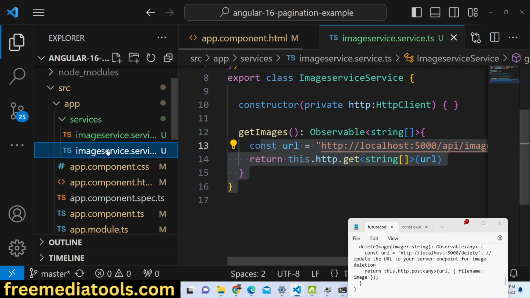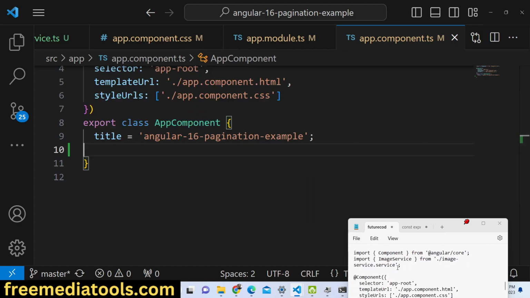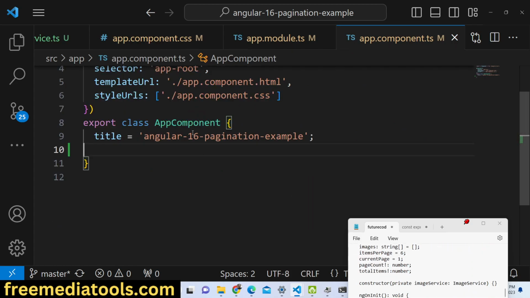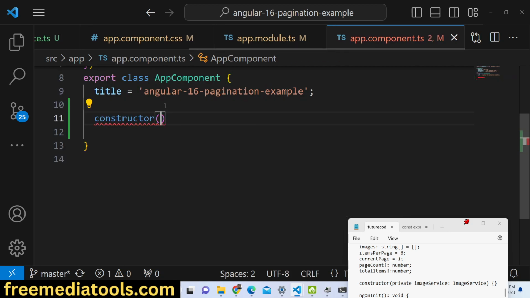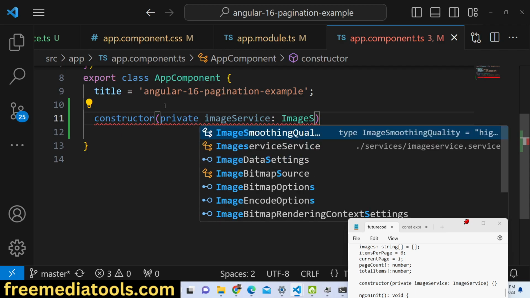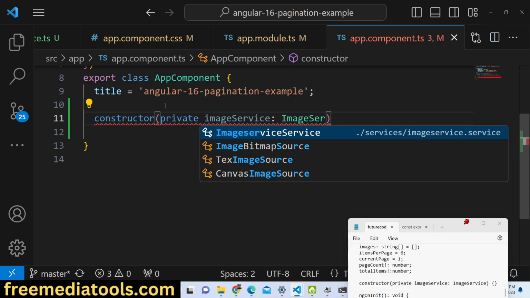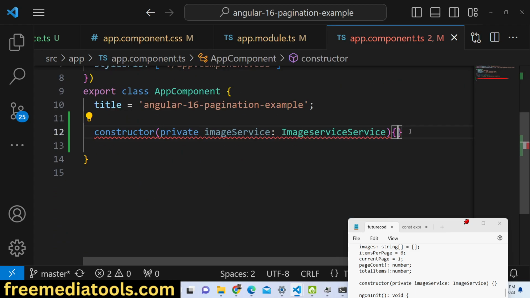So we will simply move to the app.component.ts file. Right here we will actually write our code. First of all, we need to import this service in the constructor. So just make the constructor, and we will call this a private imageService of the type ImageService. If you see, guys, this service will be imported from the services folder, and this will be an empty